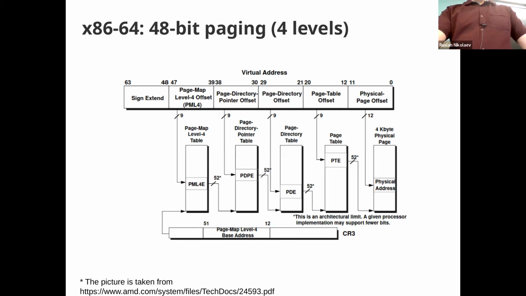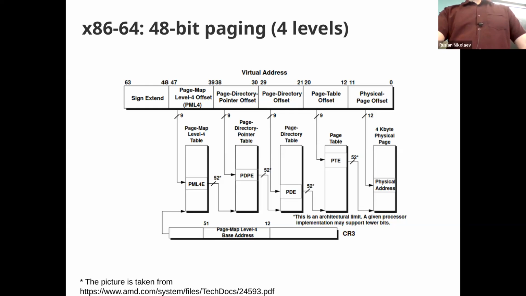Take a look at that lecture if you like. I will not go over that again, so just take a look at that if you are confused. But the important thing is that at every level we have 9 bits. So we have 4 levels, and at every level we have 9 bits. So 48 minus 12, that's going to be 36. So 36 bits we have to translate, and